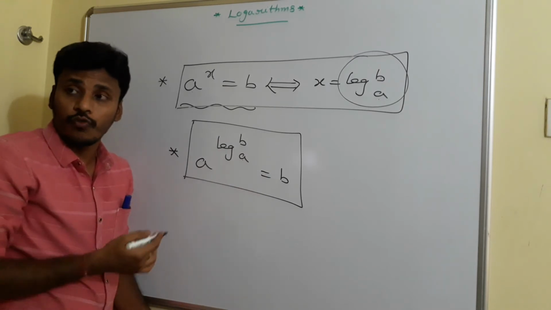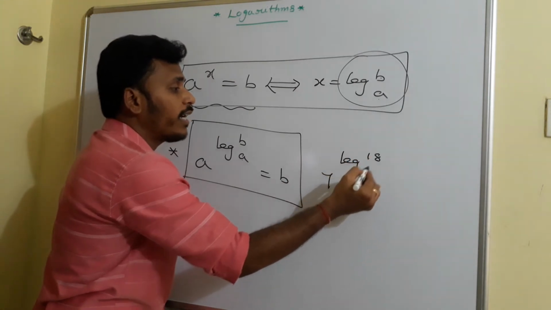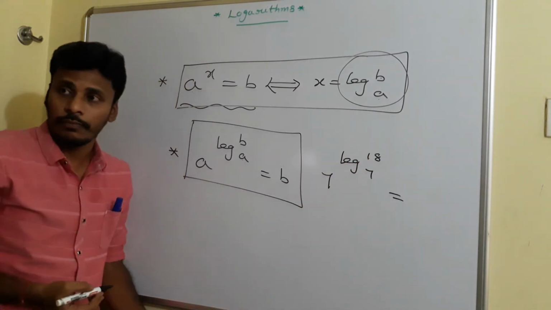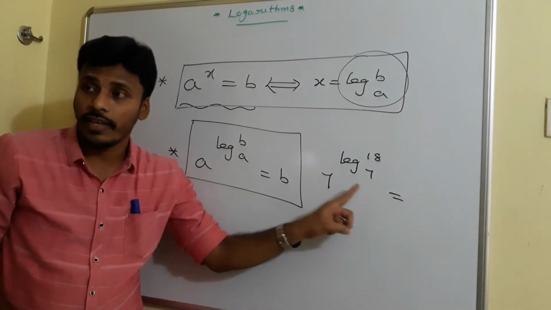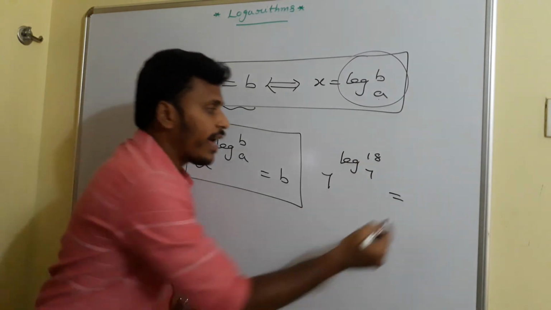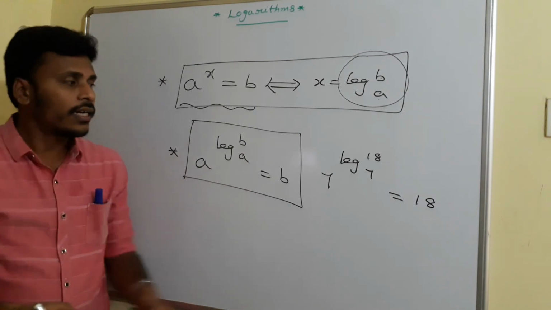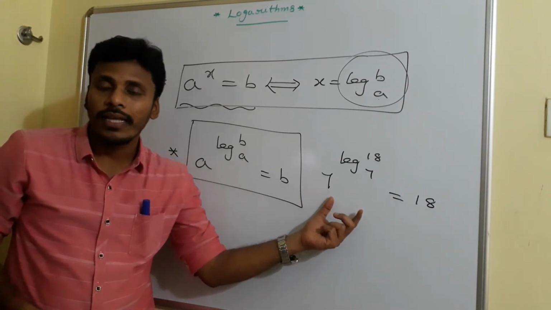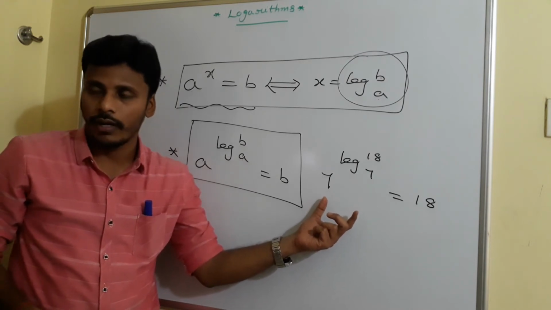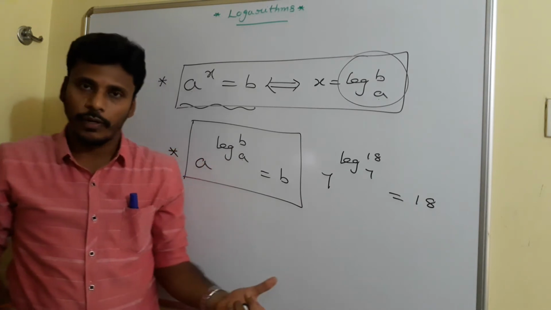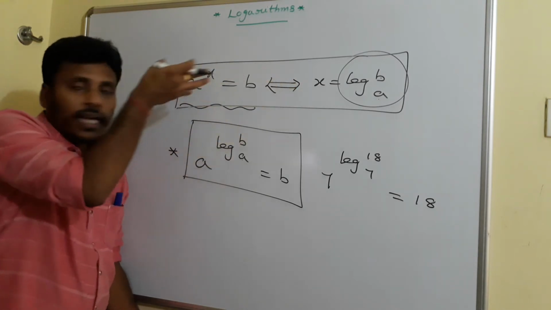So, if you face a situation like, for suppose, 7 to the power of logarithm of 18 to the base 7, look here, this 7 and that 7 are the same. Since these two are the same, the result is directly 18. Right? So to answer such simplifications, you need to memorize certain basic laws of logarithms. And we are going to develop all those laws with the support of exponents. Now, this is the law by replacing x on the left side.